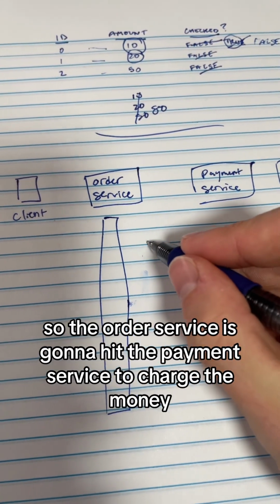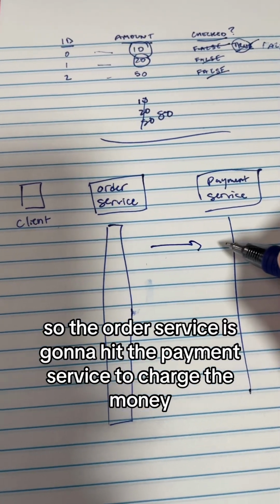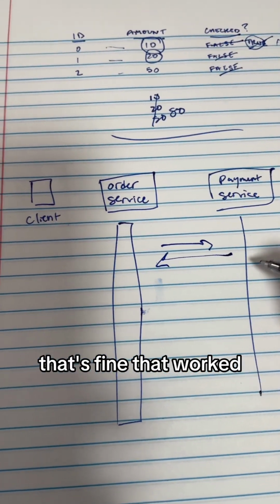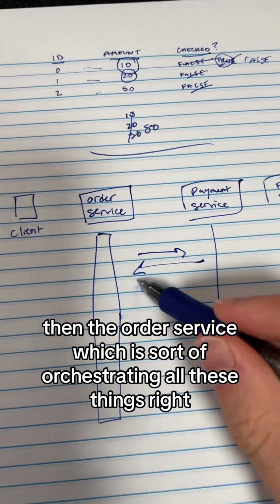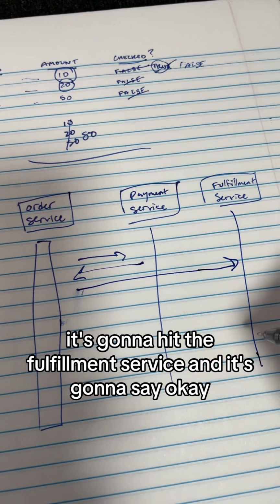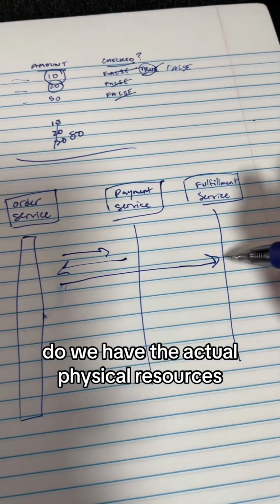So the order service is going to hit the payment service to charge the money. Payment service might say, okay, that's fine, that worked. Then the order service, which is orchestrating all these things, is going to hit the fulfillment service, and it's going to say, okay, do we have the actual physical resources? Let's say in this case,